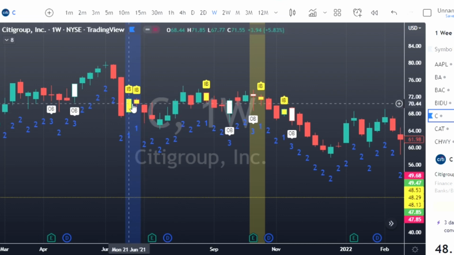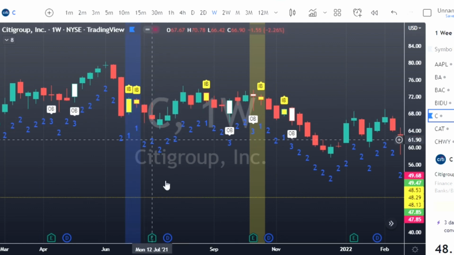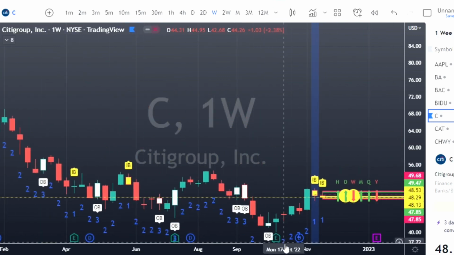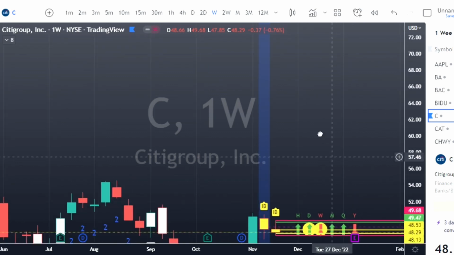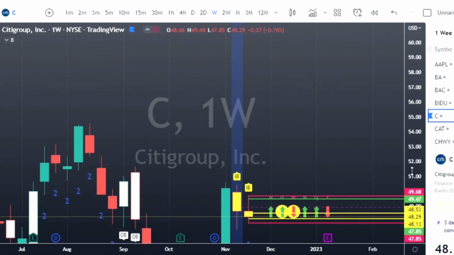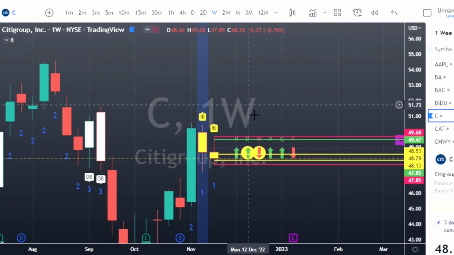So double inside bar Citigroup the last time in June, and we triggered here and we hit multiple targets. Okay, so a really, really good setup. And that's what we would expect out of a double inside bar. That's the probability that we're talking about. The probability is, yes, we should have an excellent run. It's something that we should be able to get into and make a lot of money off of.